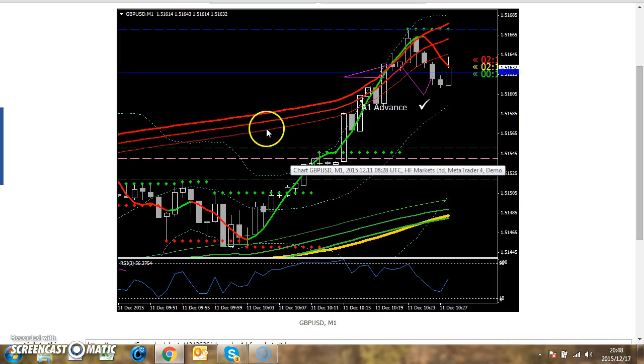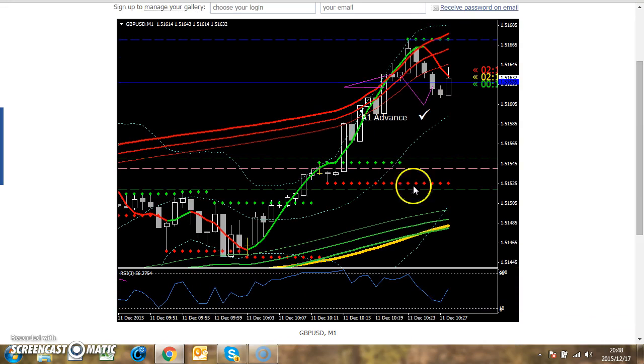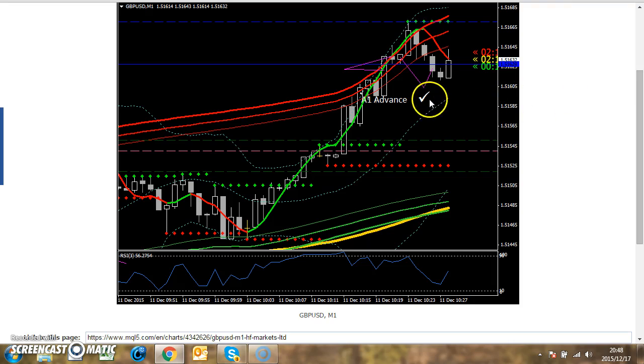Now first of all guys, this is a 1 minute chart, and as you notice on the top there's three red lines. This is the extreme indicator on the top, and at the bottom it has three green lines, so it's an extreme area at the bottom. And as you guys know, by this time we only take trades when it's in this area. But today I'm going to share another very powerful setup with you guys where we're going to take also high probability trades, but between these two areas. But there are rules, and I'm going to show it to you guys. So let's first go to one of them.